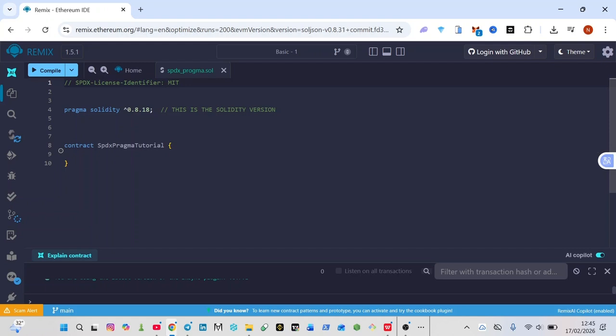But when you write something like "unlicensed", this simply means the creator, the person who is defining it, let's say it's me, doesn't want anybody to use it, and once you use it, you are using my stuff without authorization. That's what it means. So the SPDX license identifier is a machine readable standardized legal notice that's placed at